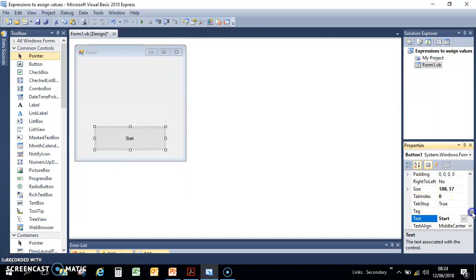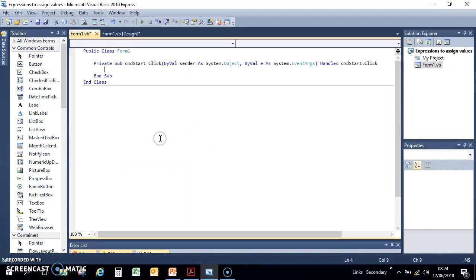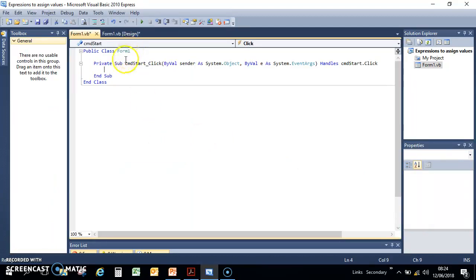And we're also going to change the name of the button. It's good programming practice to give our buttons, and all of our objects, appropriate names, and we're going to call this CMD start. CMD short for command button, and start obviously indicates that the button will start the program. If we hit return, nothing visible is happening at this moment, but if we double click on our button, we'll see in the coding window that it's now private sub CMD start underscore click. So when we click on the button, the code that appears in here will be